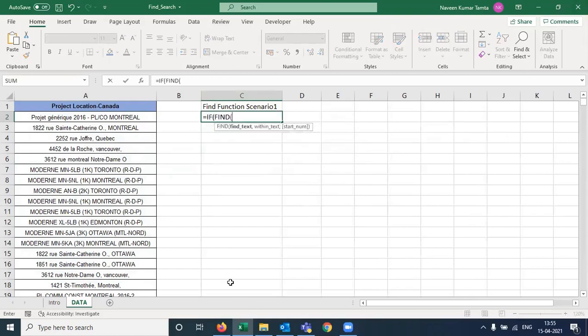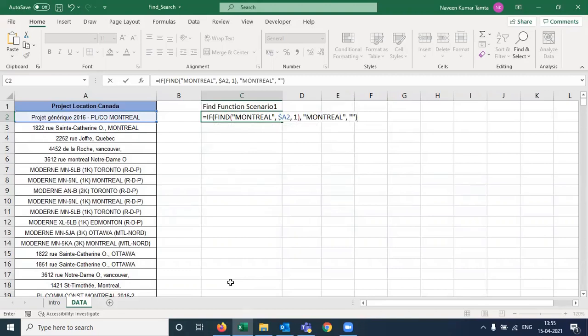I want to say, if I want to find Montreal in this particular range, in this particular cell, in case I get this result, so what should be my value if I get Montreal in any particular cell? I want Montreal to be returned here, else it should show me a blank value.